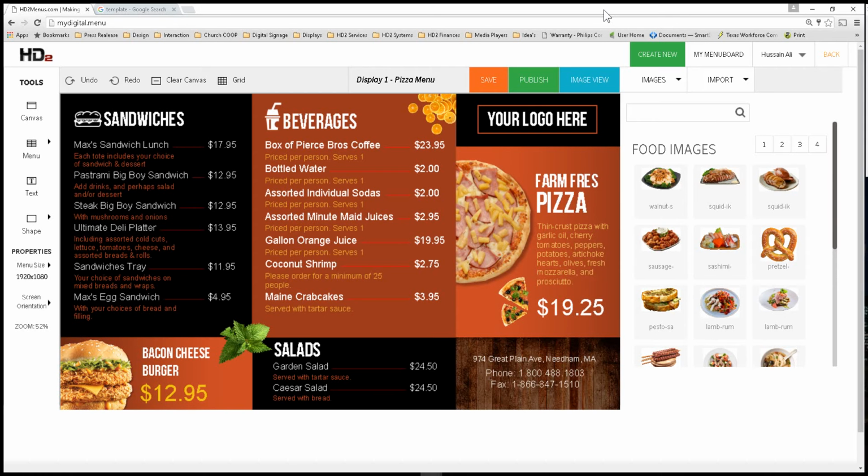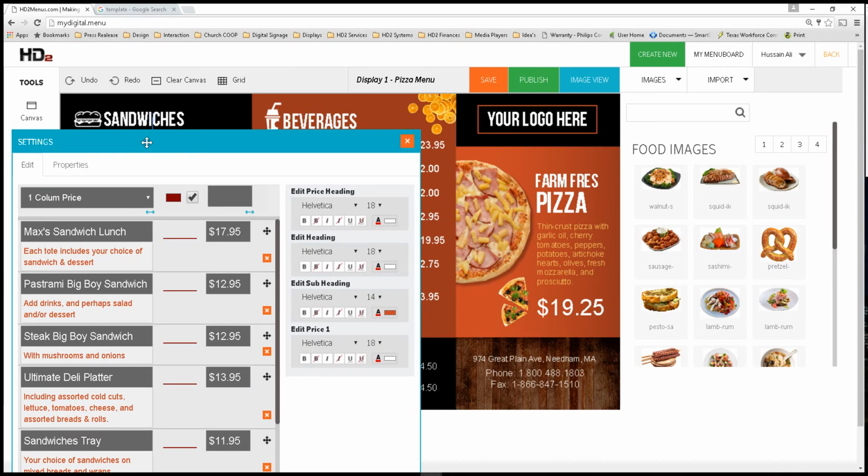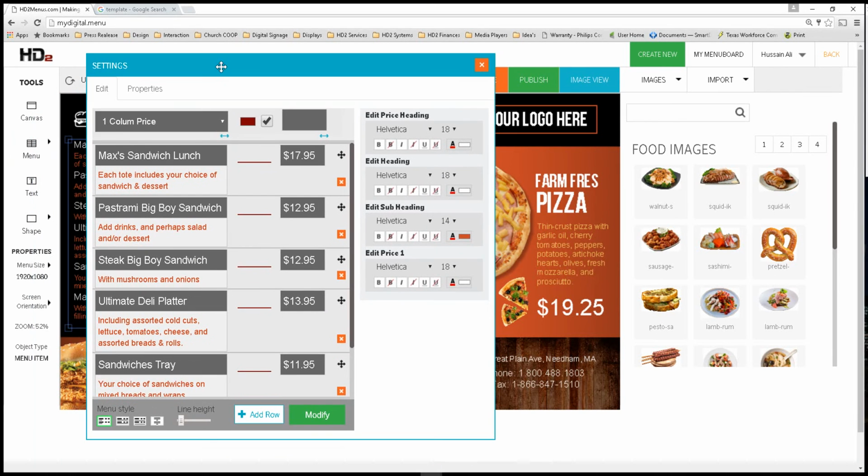Hello everyone. So now that you have saved your menu, the next step we're going to look at is how to update item description, item name, and pricing. So you can see that we have these multiple areas where we have pricing and item descriptions. So what you will do is double click on that and it will open up a pop-up box where you